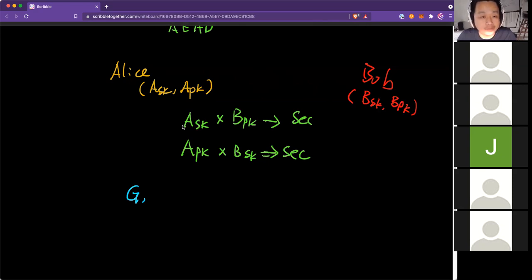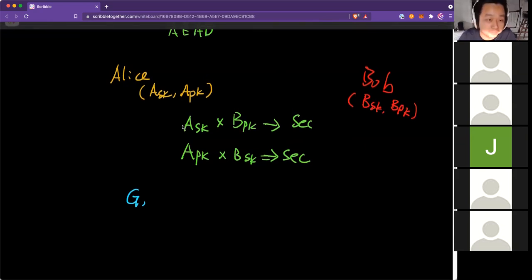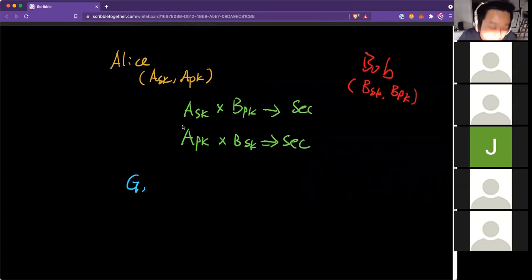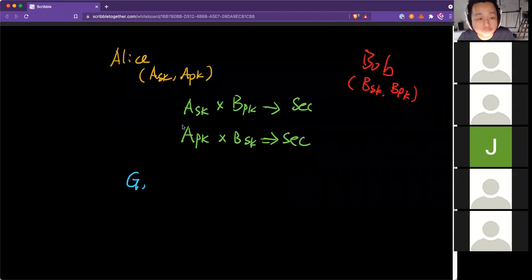Some people use multiplication, and some people use addition. It's very confusing here, and I think people haven't reached agreement on which one to use in the past 20 years, so it will still be confusing. But anyway, let's use a multiplicative notation. So basically, for the group element,